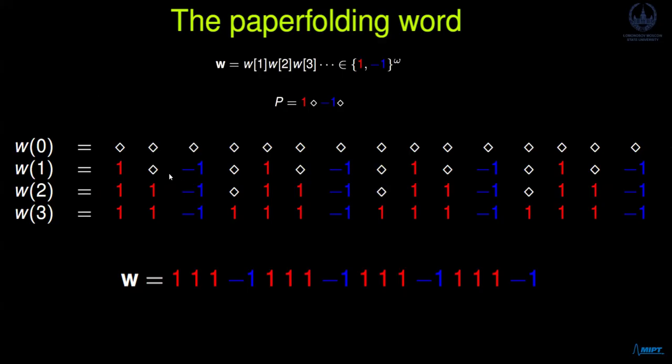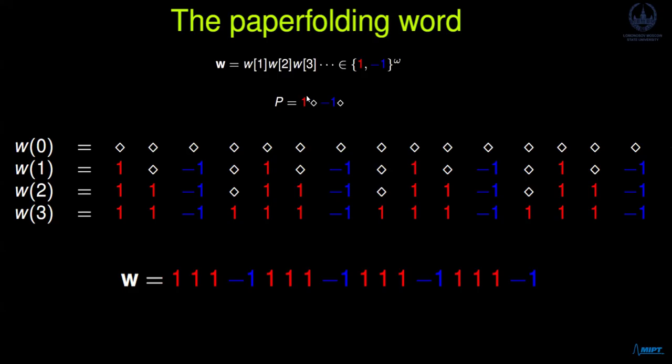Again, whenever you have a diamond, you repeat this structure. So this process generates alternating ones and minus ones, with the diamonds representing places where more folds will occur